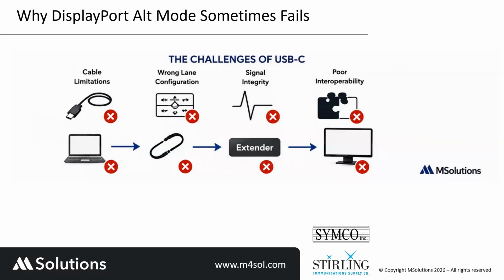Compatibility issues means that both the source and the sink must support the same DisplayPort alternate mode capabilities. Differences in implementation can lead to interoperability problems. If a source is saying I can support only 4 lanes, and the sink is saying I can support only 2 lanes, we won't be able to get video through the channel. And this is something that we need to understand. Fortunately, it's not written anywhere when you buy the cables what they are supporting and what